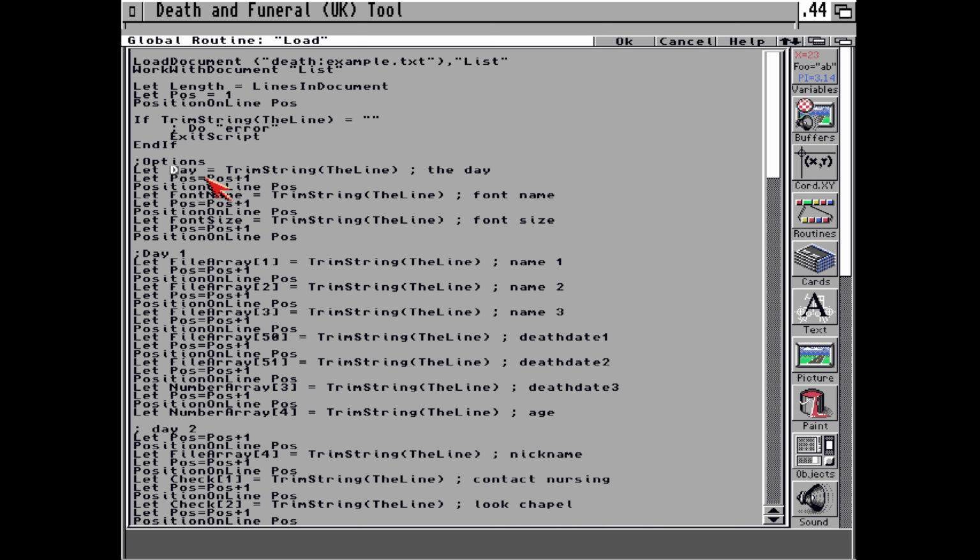And then it moves position down by 1, i.e. it goes down by another line, sets the position to that position, let font name equals string the line. So whatever the second position is, it's going to be the font name. It reads that in and calls it the font name. And then on the third line it's the font size. On the fourth line it's a name, on the fifth line it's another name, sixth line it's another name. On this one it's dates, and some of these you can see that the file is going into a file